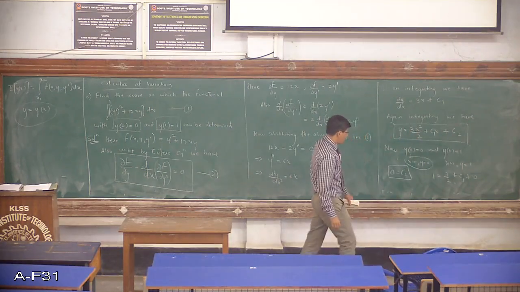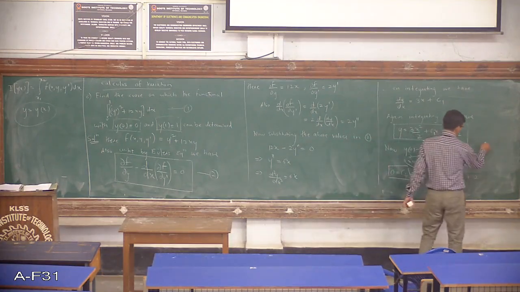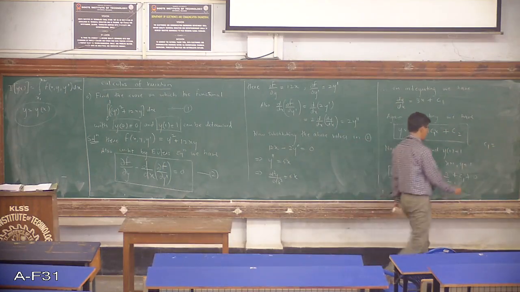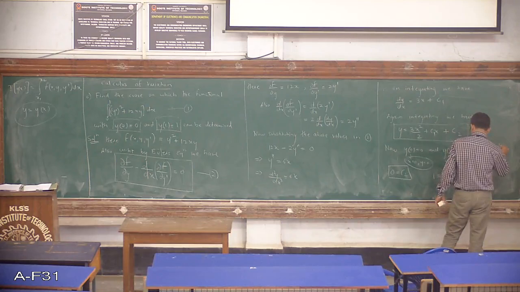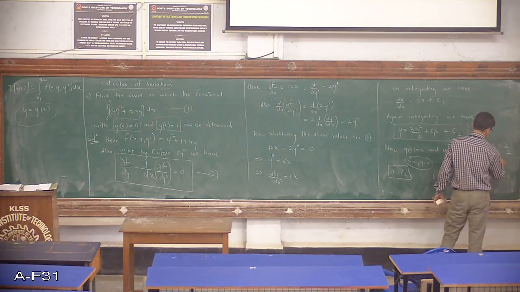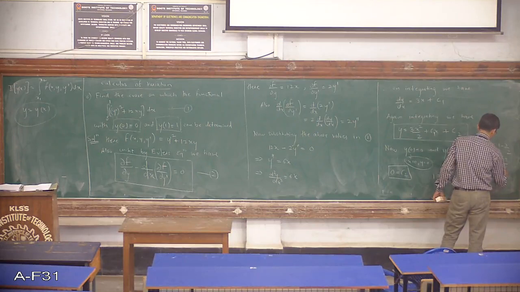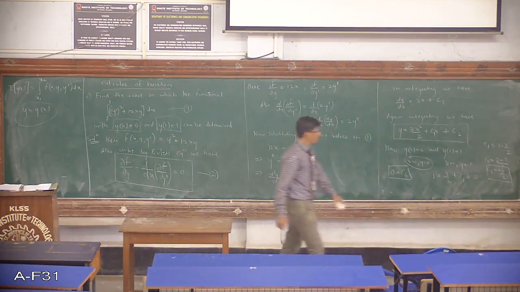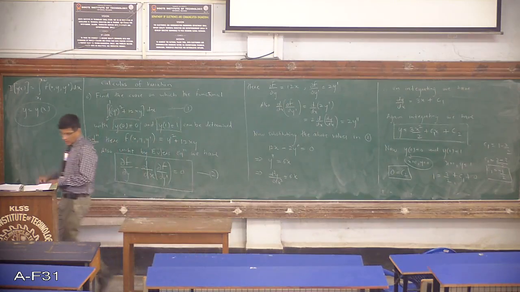Therefore the value of c1 is equal to 1 minus 3 by 2. So c1 is equal to 2 minus 3, that is c1 is equal to minus 1 by 2. Fine. So therefore the final output,